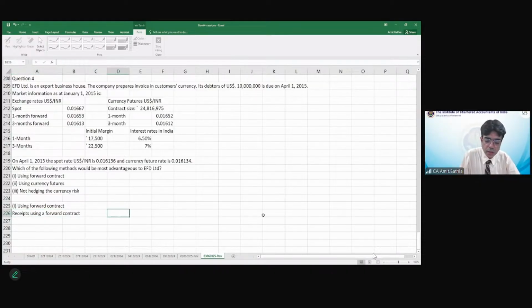How much will be the 10 million US dollar, 10 million USD into. Now remember, the rates are given to us as USD to INR, right? I want INR upon USD, so I can multiply, which means I need to convert indirect quote into direct quote. So I will say 1 upon